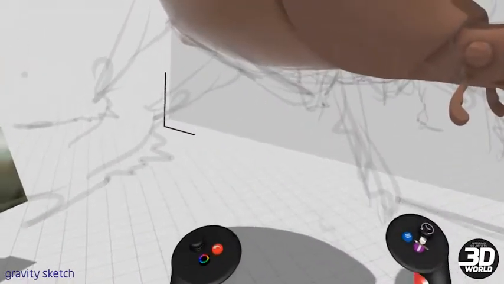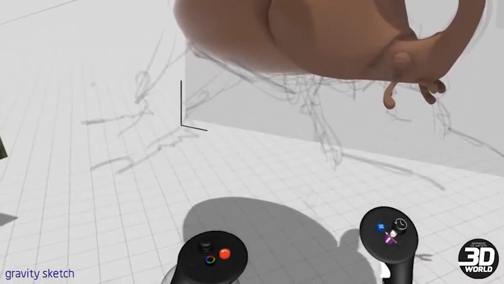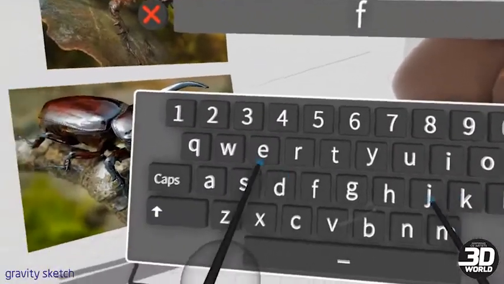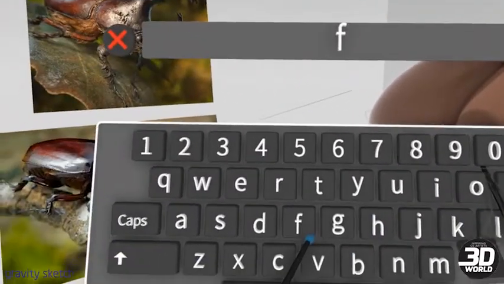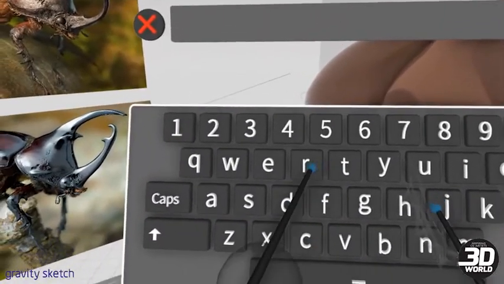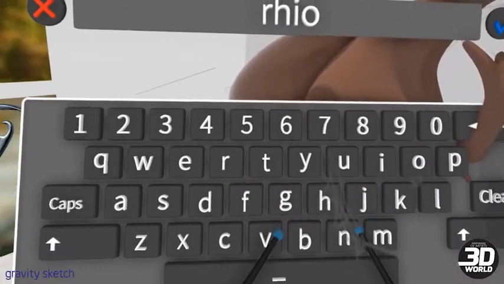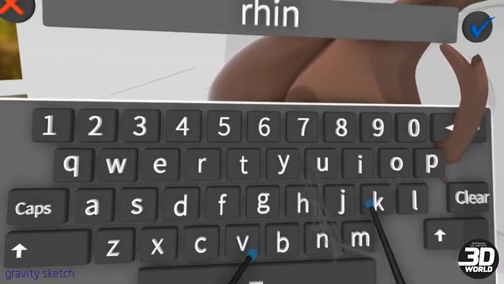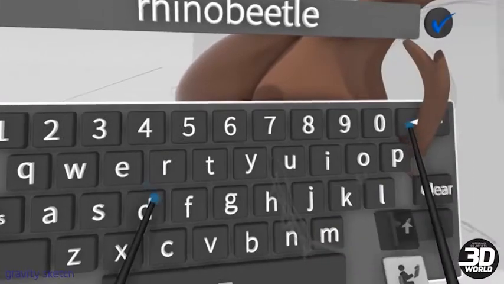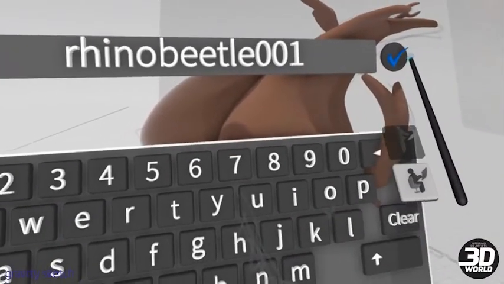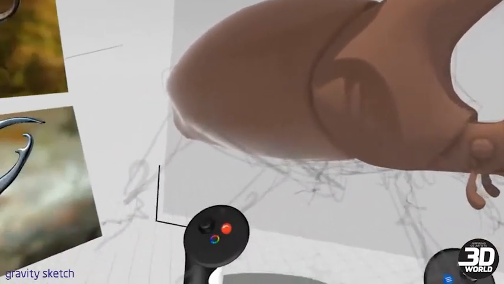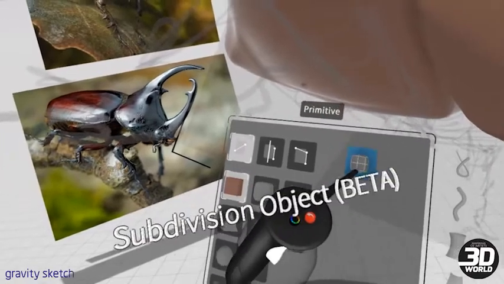And before I do that, one thing that I should have insisted on is we'll save the sketch. So just basically back to the main menu, clear it, and then we want it spelt right. Rhino Beetle 001. And say boom. So now at least we've got it saved, and I'll let you have those models as well in case you want to use those. So next one, another cube,